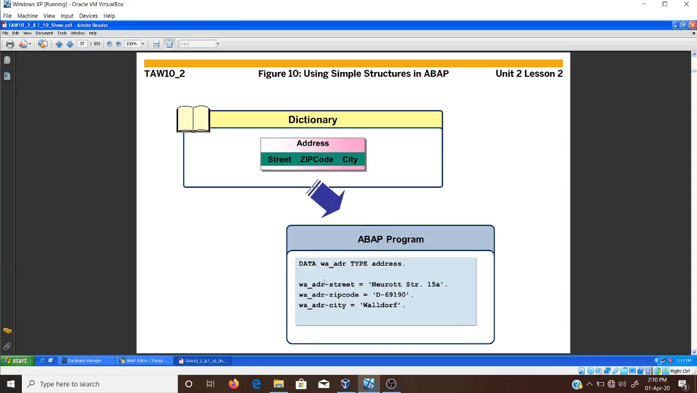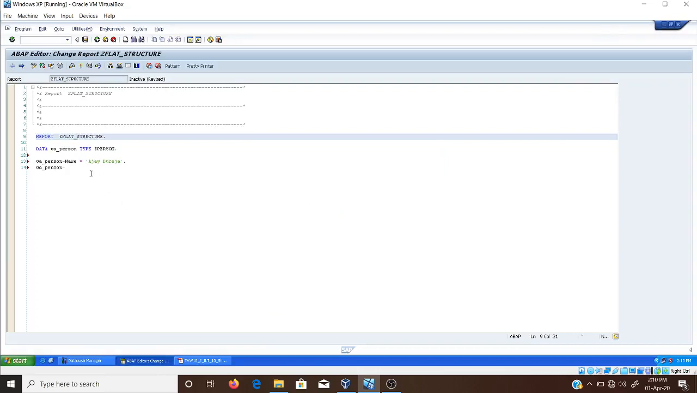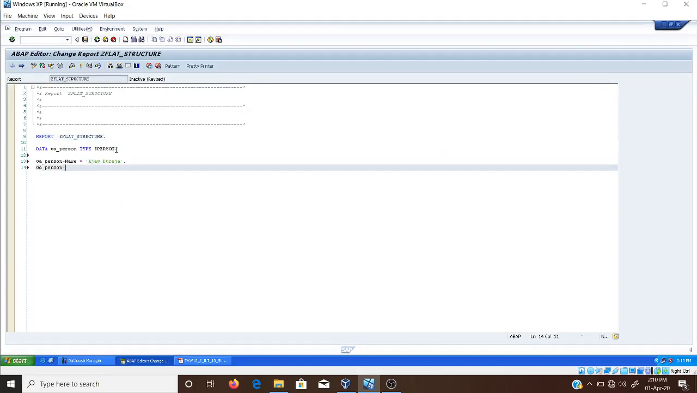This is the work area, and then hyphen, then the first component name is street equal to the value. Similarly the work area name, then hyphen, then another component, then value. Similarly we can access another component using the work area. Now you can see in this program, if you want to see the components that we have created, just